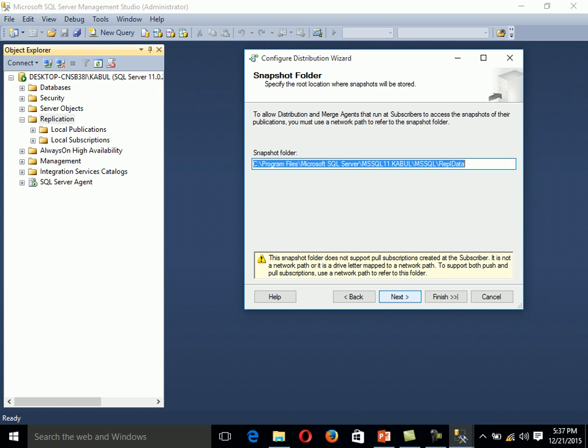We have different types of replication that we discussed in the previous class, if you remember. We have four main types of replication. One of them was snapshot replication, and we discussed the snapshot agent at that time. In snapshot replication, whenever we want to replicate the data, each and every time it will take the complete snapshot of the data from the source and place it at the target. That was snapshot replication. The second one was